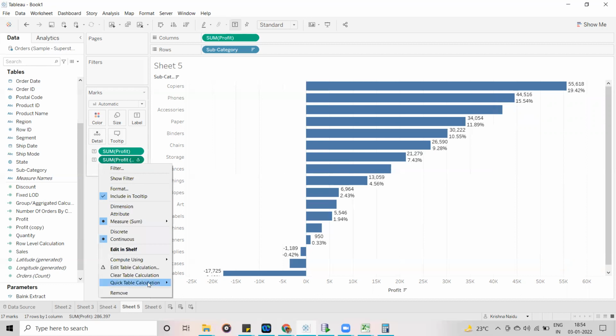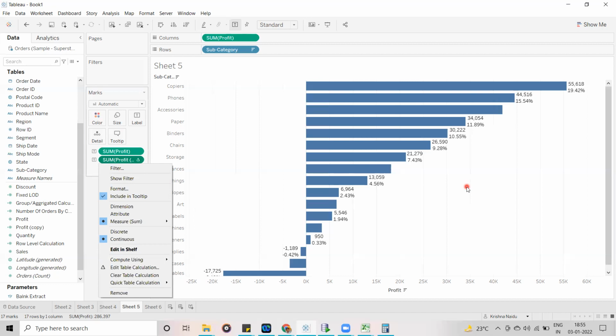Whatever we have done here is another kind of calculation type, called table level calculations.